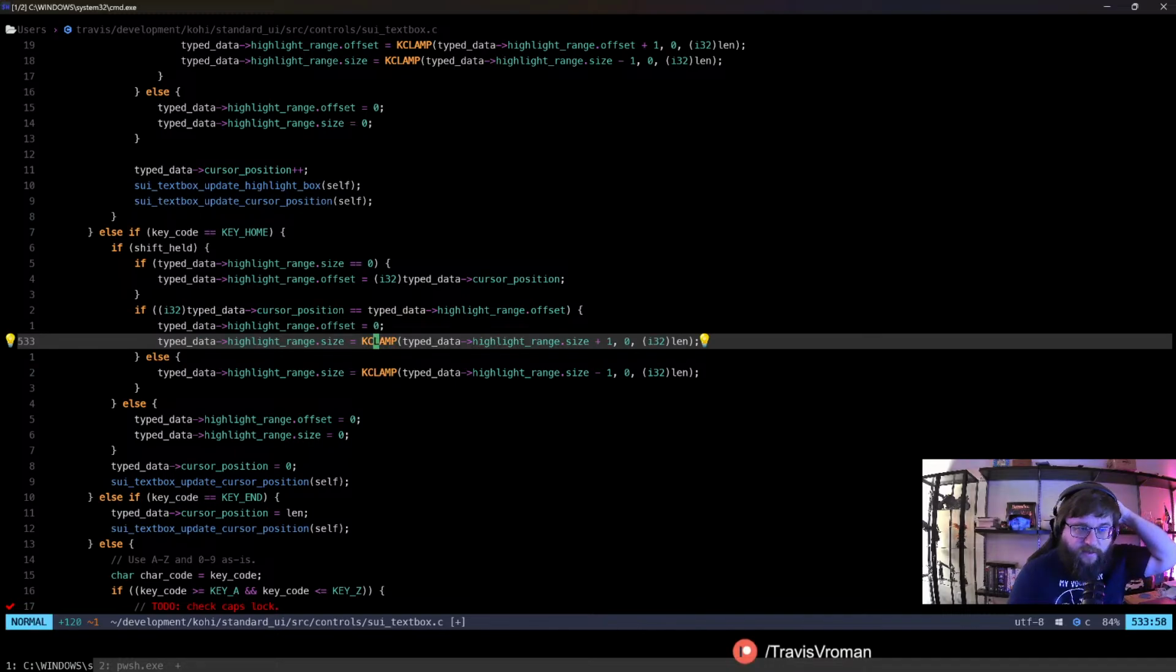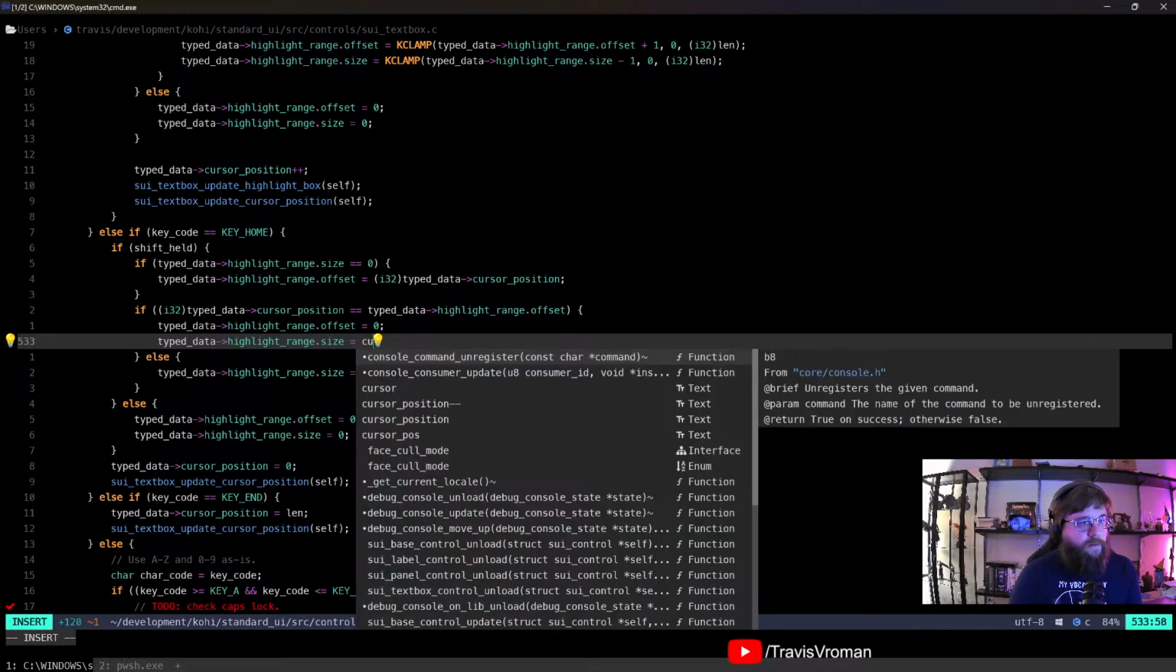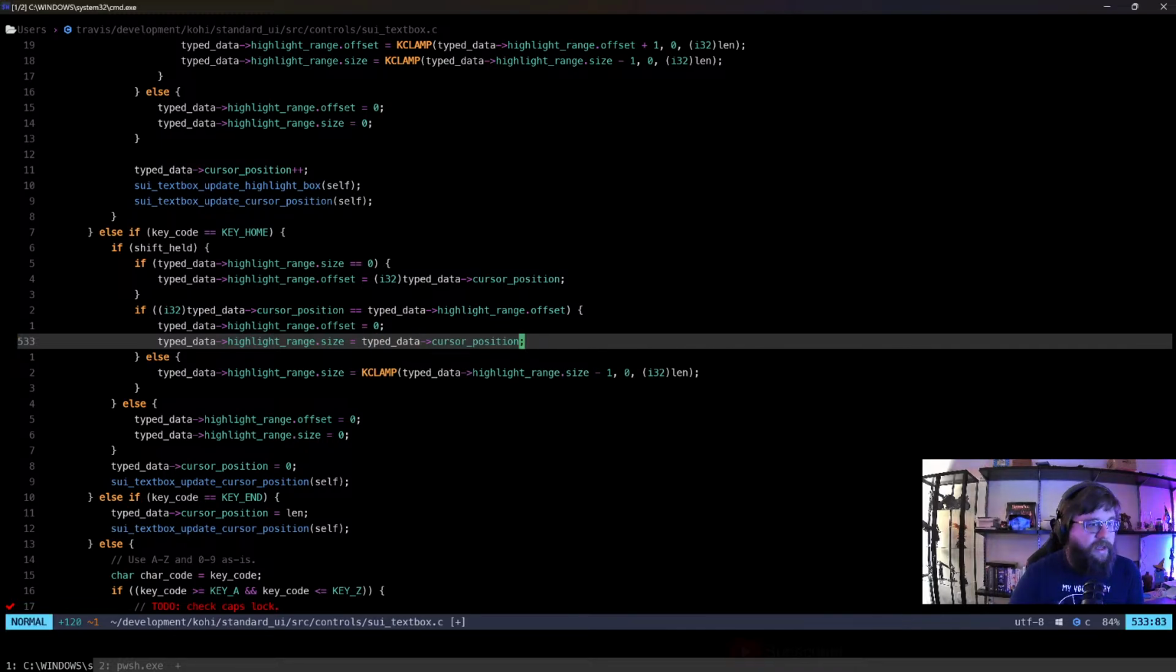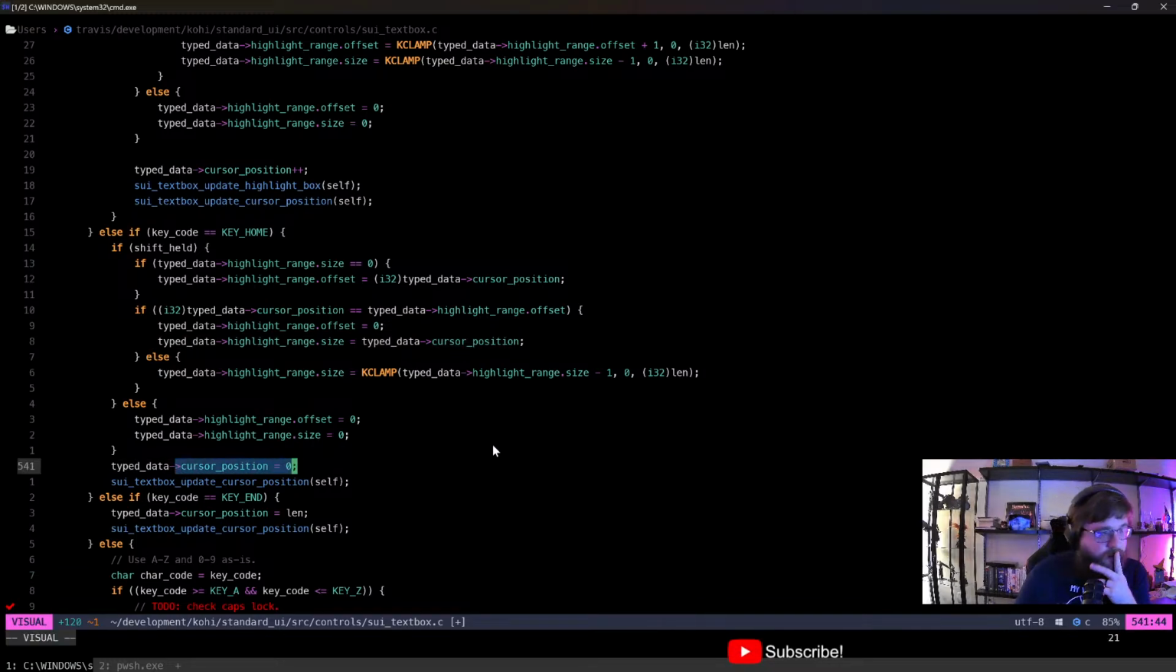Right, but the size at this point is going to be the current cursor position. So typed data cursor position, right? And that's the cursor position before we zero it out. So that should give us that highlights from wherever we are all the way back to the home key, right? Otherwise,